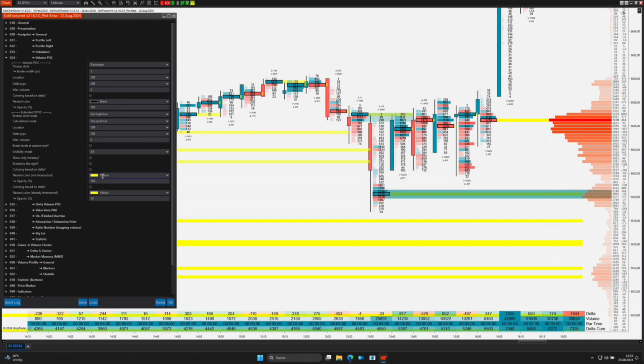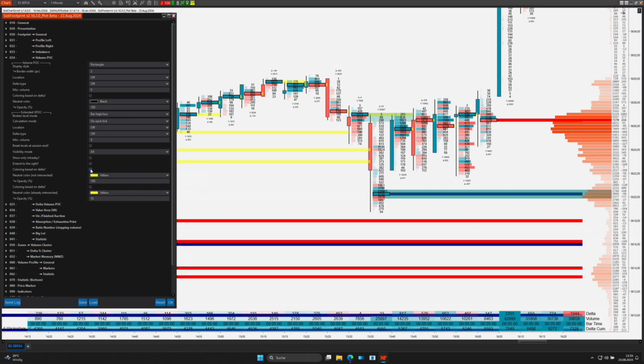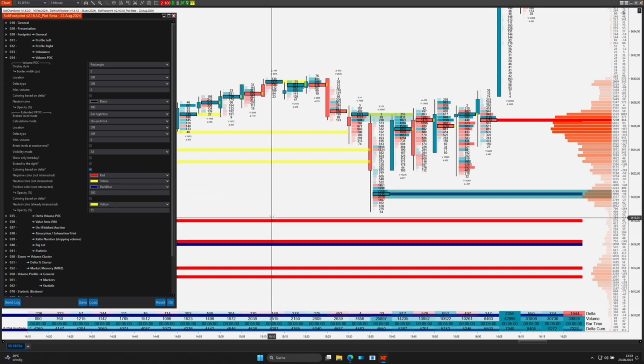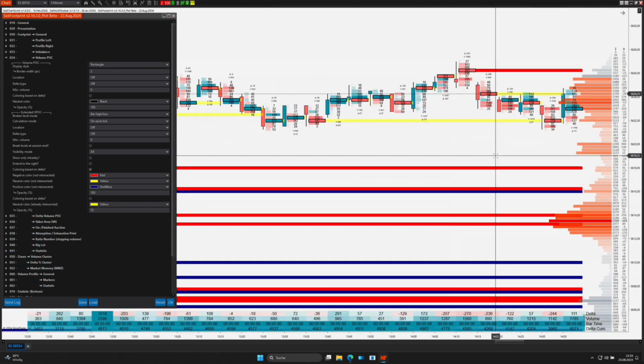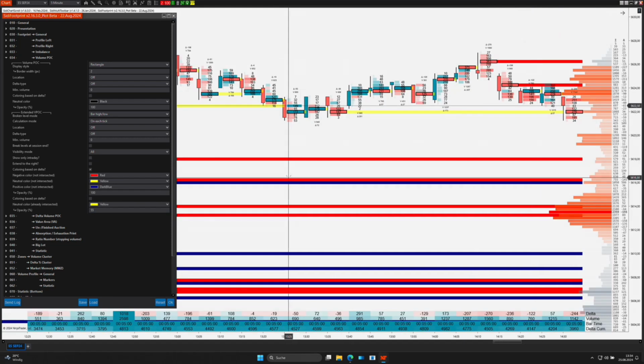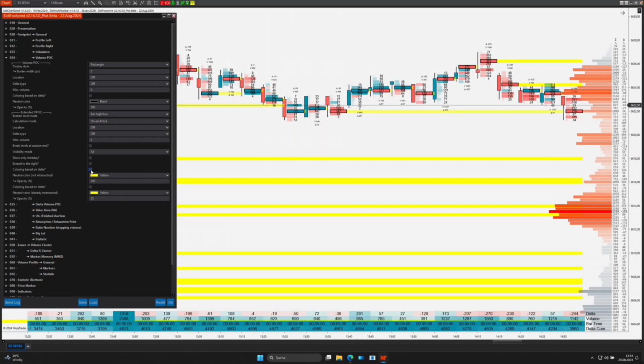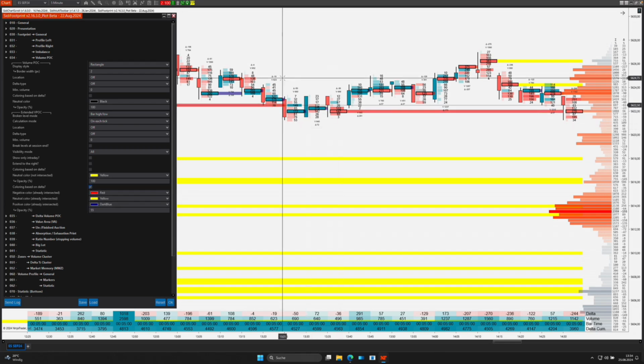Colors and opacities are relatively clear. Otherwise, I also have coloring based on delta. So if I switch this on, I can display the whole thing once for neutral, negative, and positive. These delta levels accordingly show, okay, what is a positive or a negative POC that is present here. And then we have the whole thing here again for this area separately.